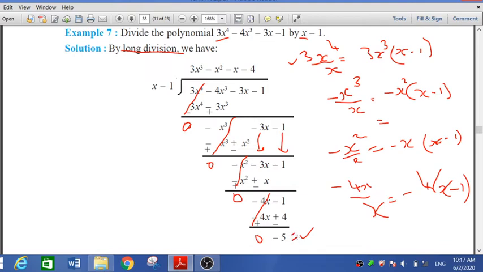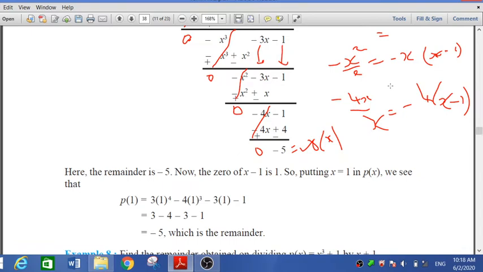And the last remainder is minus 5, that is our remainder, or we can say r of x. And here we get what is called q of x. Here it is called q of x. Compulsorily you have to write these two sums in your book. Example 7, example 6. Now one more sum related with it. I think you have to write every time whatever I am doing here. Always write. The way I am explaining it here is not given in your text. Just anyhow you have to remember it in the proper way.